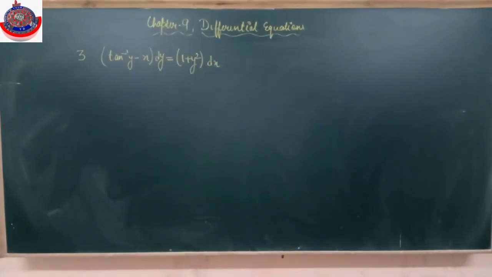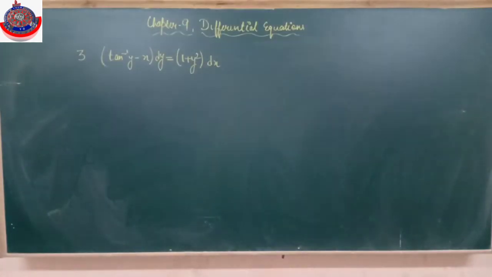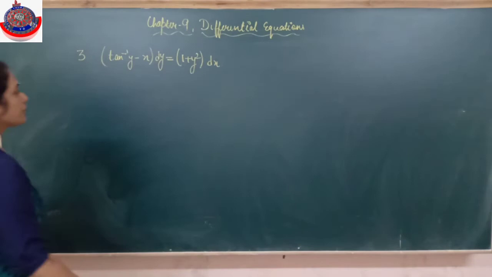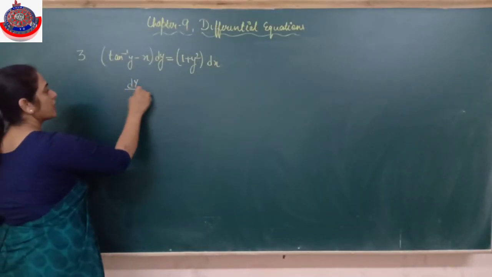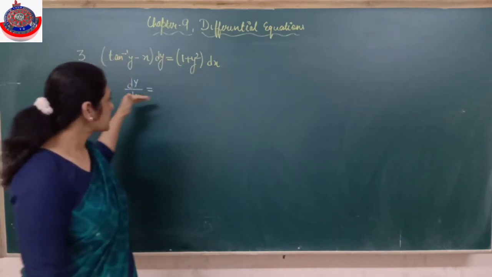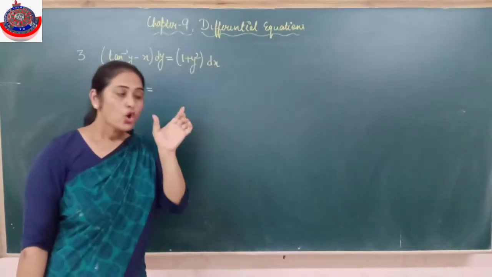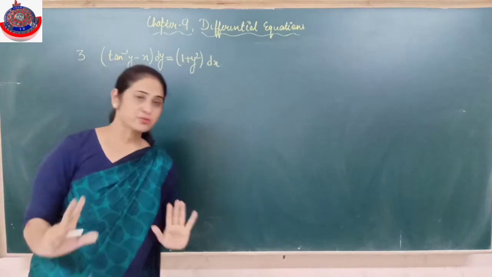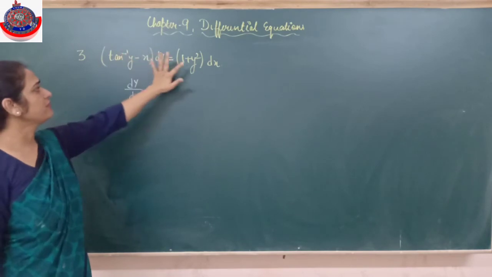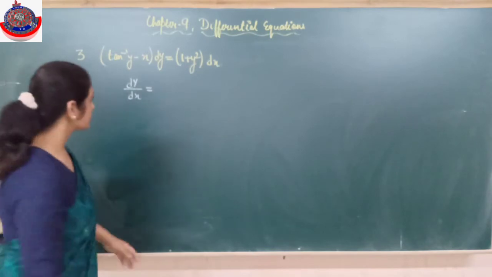Let's see the next one. Next question: tan inverse y minus x into dy equals 1 plus y square into dx. Now first of all, I told you dy upon dx one side and other terms on that side. If I bring dx this side and this term that side, what will it become? 1 plus y square upon tan inverse y minus x. Single term on top, two terms at the bottom, and separating it is difficult. Okay, first see, it does not look homogeneous, because tan inverse y, x has power 1, y has power 2, so it is not homogeneous. So that means it can be converted into the form of a linear equation.